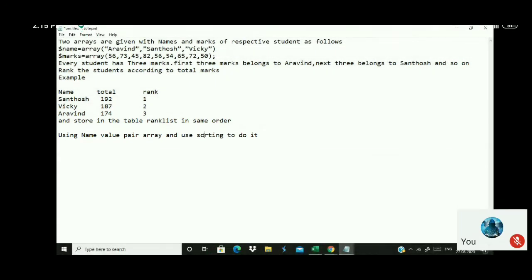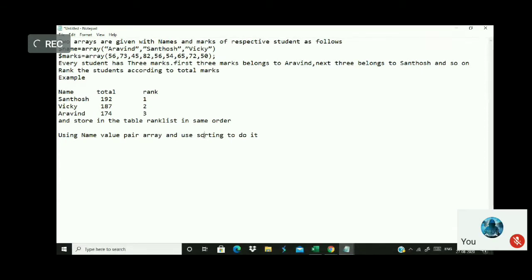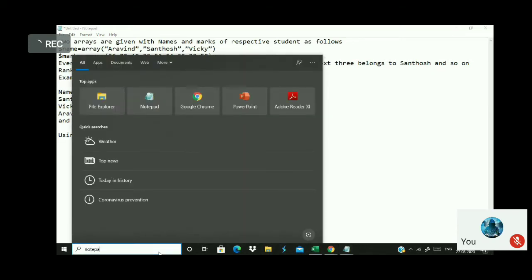Listen, strict attention is required. Your examination will be given only in this pattern. More case studies will be given, and you are supposed to solve them using PHP code. Not like write the syntax of a for loop, how a while loop will execute, or what is the difference between echo and print. Those are all silly questions. When a problem is given like this, you should know how to solve it, deconstruct it, and produce the output. Okay, now I will explain step by step how to do this.